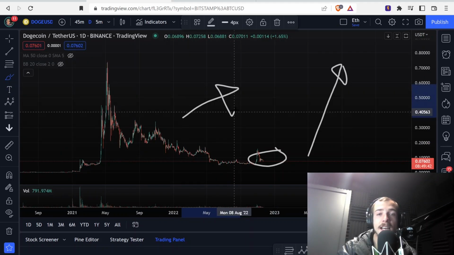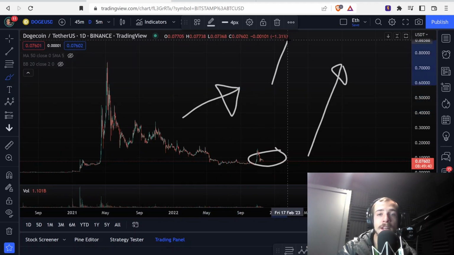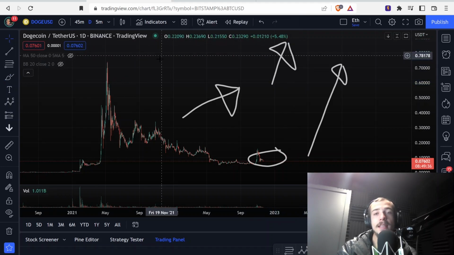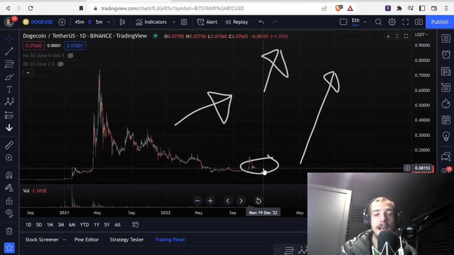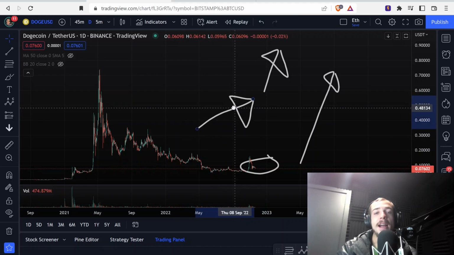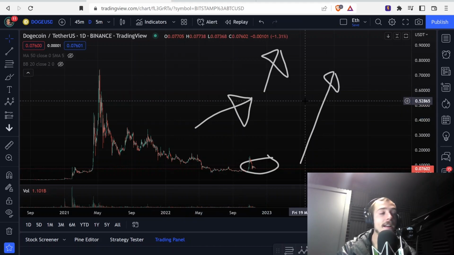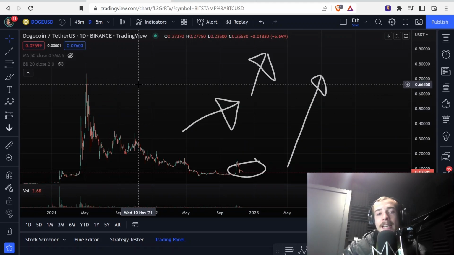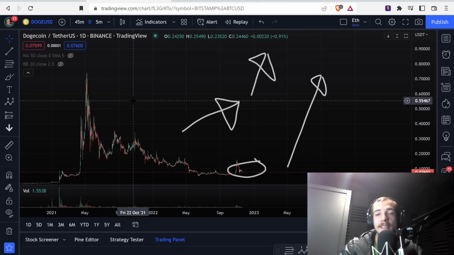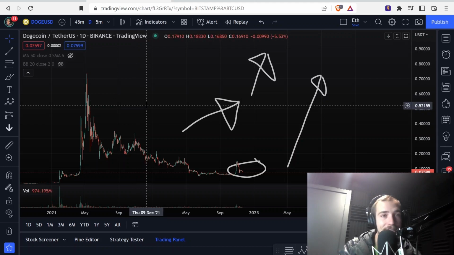There are setup after setup that are going to moon here in the crypto markets, just go vertical. We're going to make a lot of profit. And the people that aren't buying down here while everybody else is scared, they're going to look back and they're going to have to buy high. They're going to have to buy late, and they're not going to make near as much money. A lot of them won't even buy because they'll be scared that they were too late and that it already pumped, but it'll still end up going even higher usually.